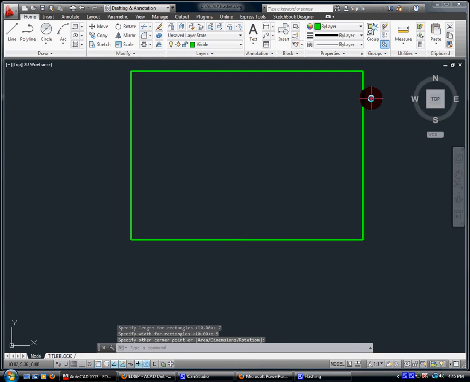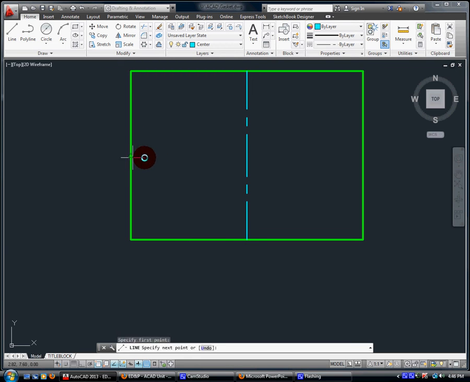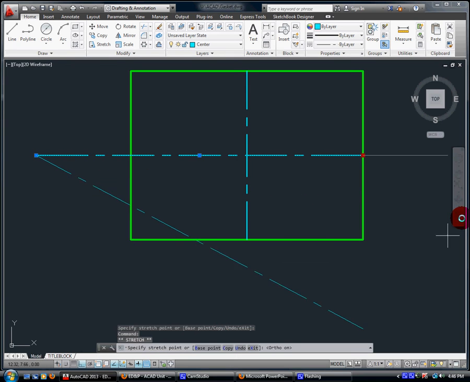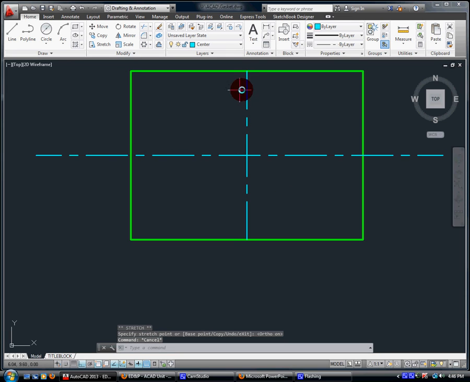Good. Next, I look at it and I go, okay, well, I need my center points running through the middle of it. So again, just use your node editor to pull it out. You can turn ortho on and off so that you get nice, perfect lines. Okay, now